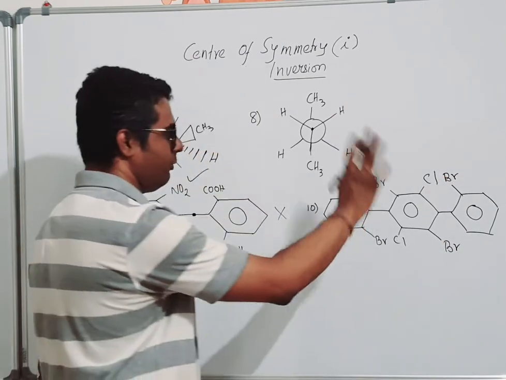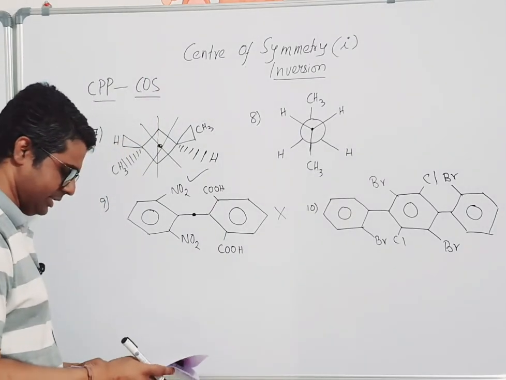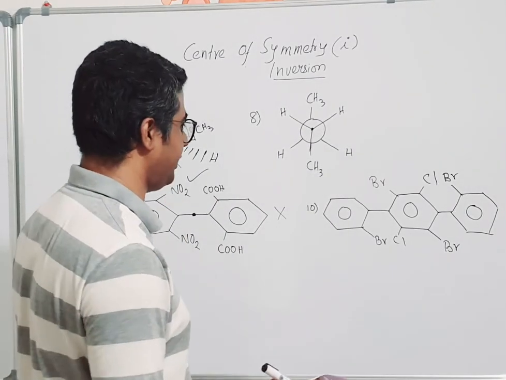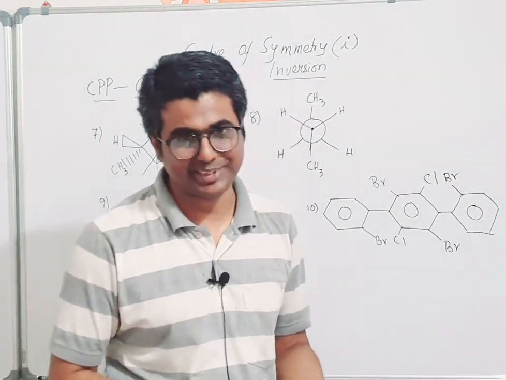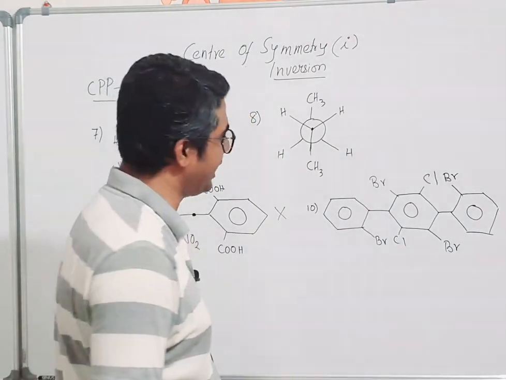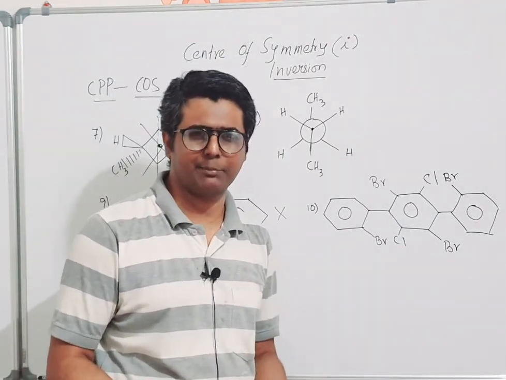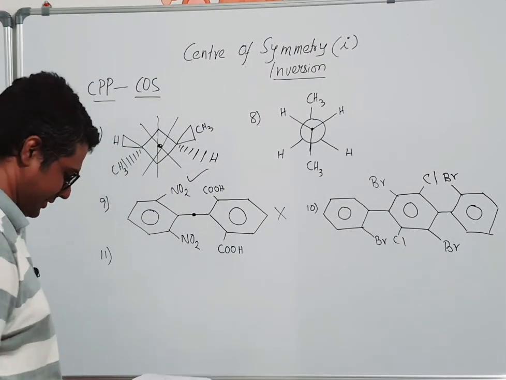So this is your homework. Try to find out some center of symmetry if it is there. Triphenyl compound. Okay, and also try to find out if there is some POS or plane of symmetry. So for COS it will be Aam Zindagi for you guys. I think so for POS you have to apply some Mentos Zindagi. Try to do that. Okay.